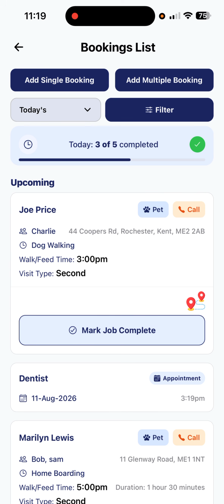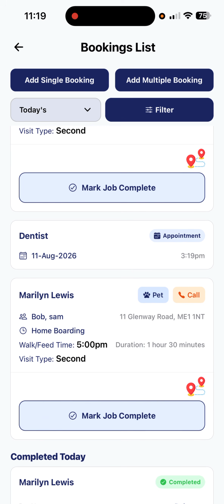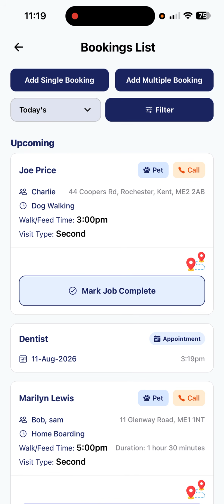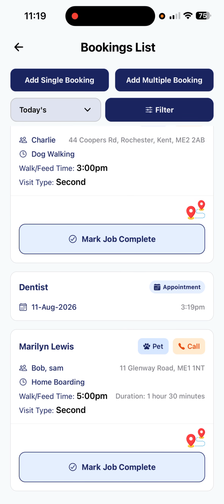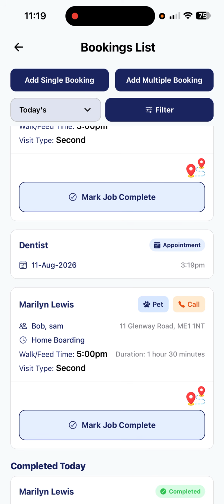So if we go to view all, during your day, when you're servicing your others, it's put in time order. So the next booking I've got, it says on here, is 3 p.m. These are all fictitious, by the way. They're just ones we put in for testing. And then it's slotted my dentist appointment in that I just added for 3:19, and then it goes on to